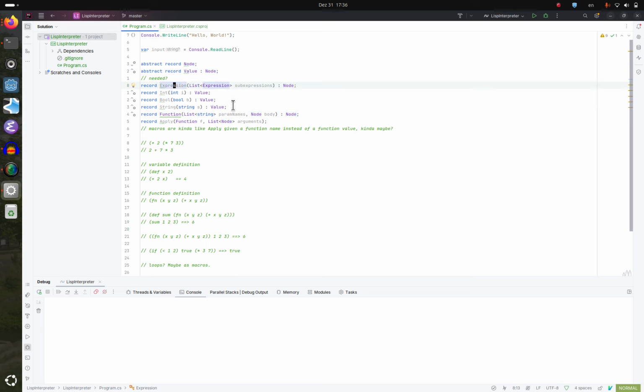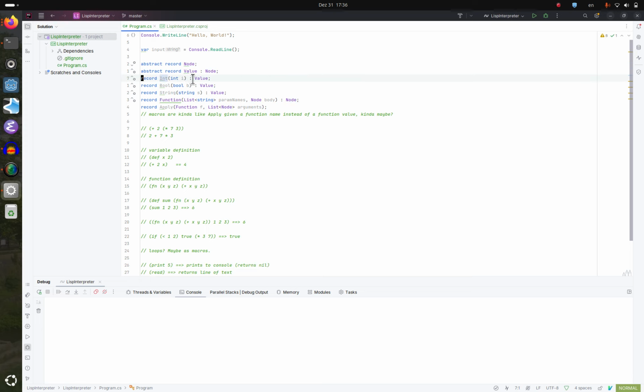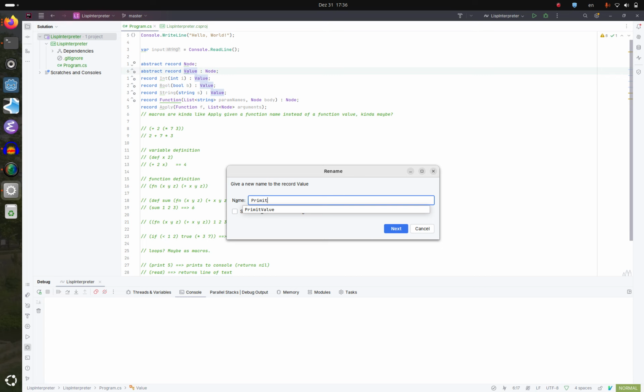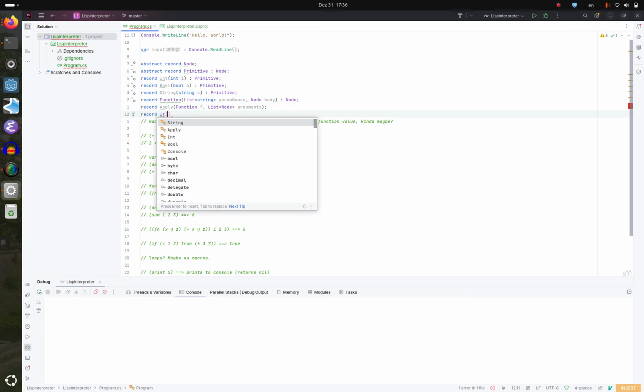And so this actually falls out completely, because that would just be... oh, I don't know, doesn't matter. And I'm going to call this not a value but a primitive, because there are lots of values. So now I have int, bool, string, a function, and apply, and then I also need an if statement,